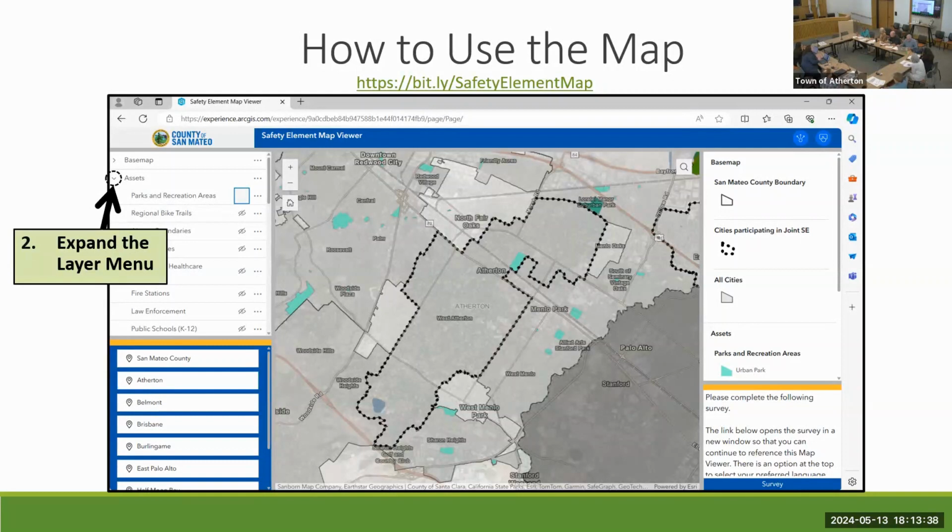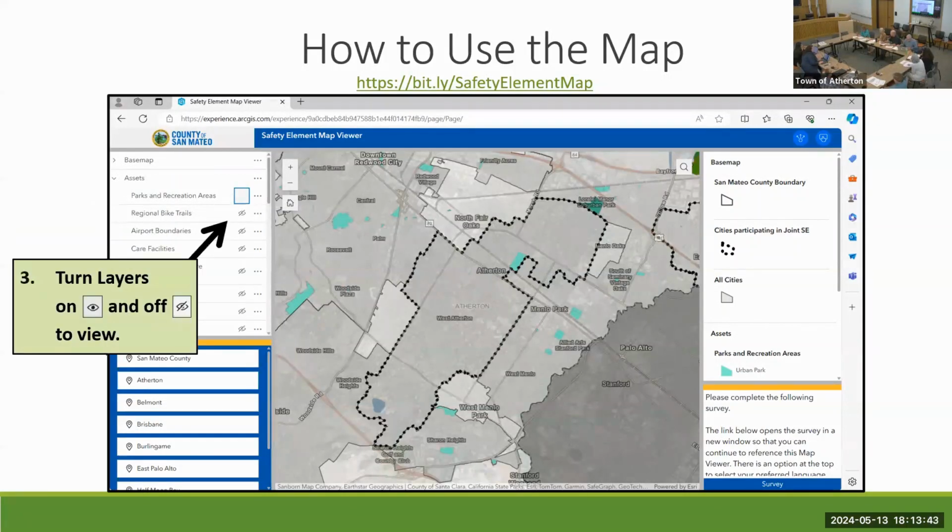So how do you actually now see the information provided in each one? That's by turning the layer on and off. And here the layer is indicated by an eye. Just the clear eye means on, and an eye with a slash through it means that the layer is off. So what I'll do is I will open up the map on my screen and then turn it back to you to ask for any